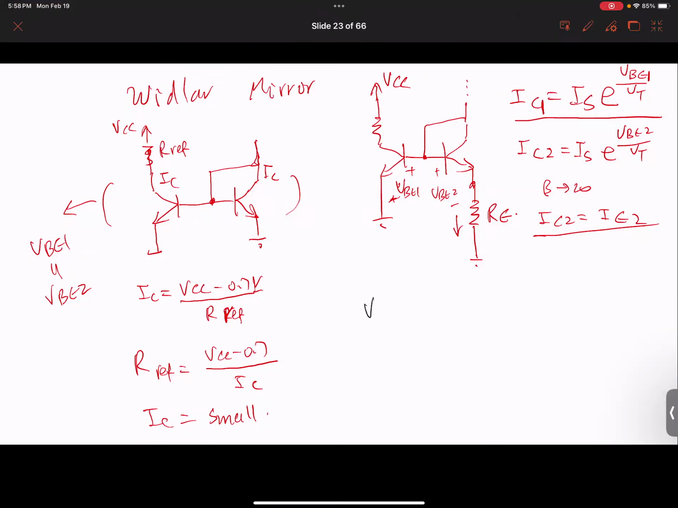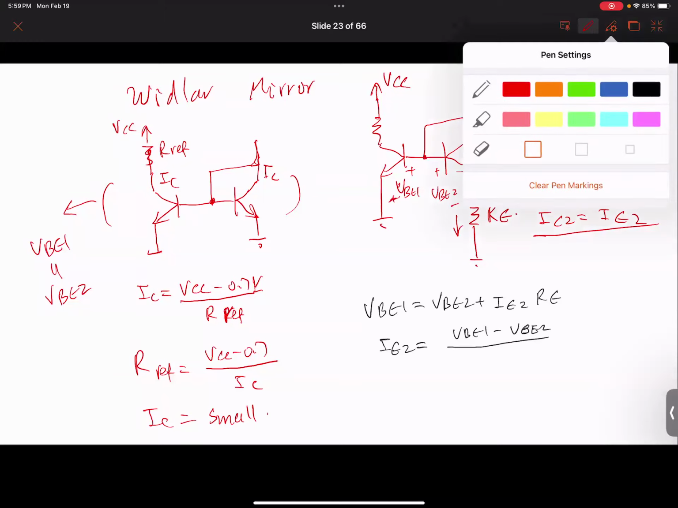So VBE1 equal to VBE2 plus IE2 times RE. Did you get that? Right. So in that sense, we have IE2 equal to VBE1 minus VBE2 divided by RE, in the sense that